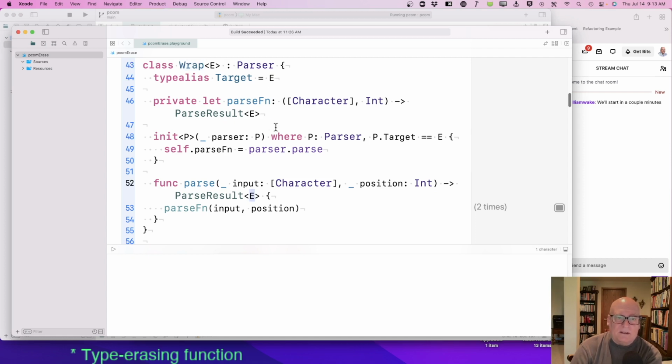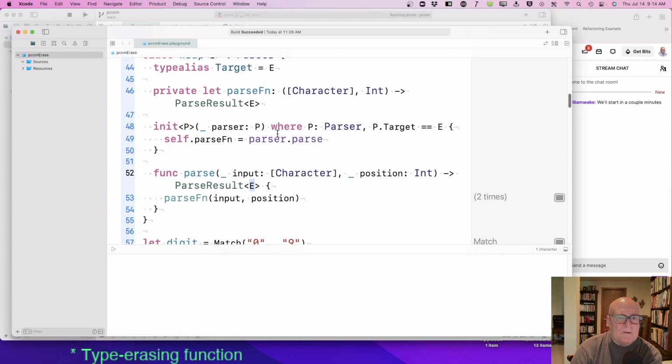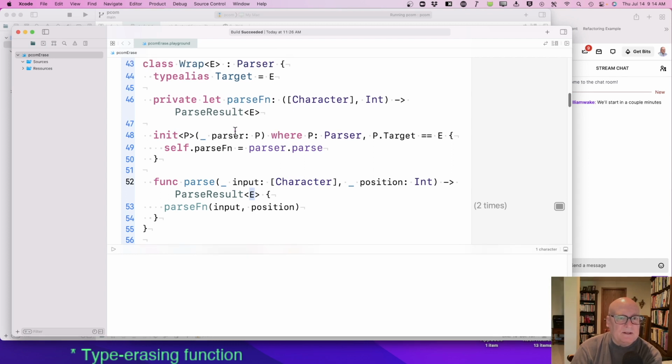Okay, and I don't get why it works. All right, so all we're doing is we're saying, to create this thing, give me a function, and maybe there's something to that. Well, give me your parser, I'll pull out the function and save it. Maybe that's what's doing it. We've lost the class. I guess that is what's going on. We've pulled something out of the class, just this parse function.